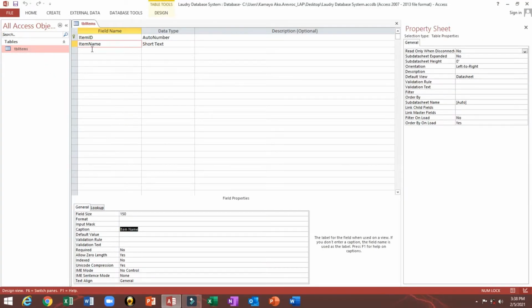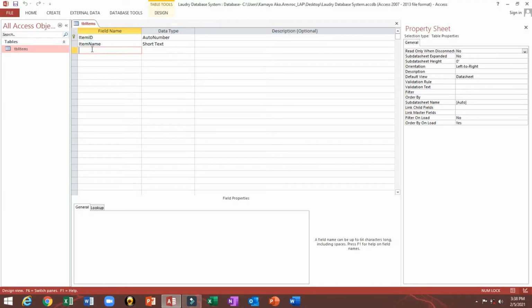Okay? The next is charge type. I will put charge type because in a laundry station sometimes we are charging by unit or by piece or by kilo. That is why I put this charge type so that we have an option. Okay,